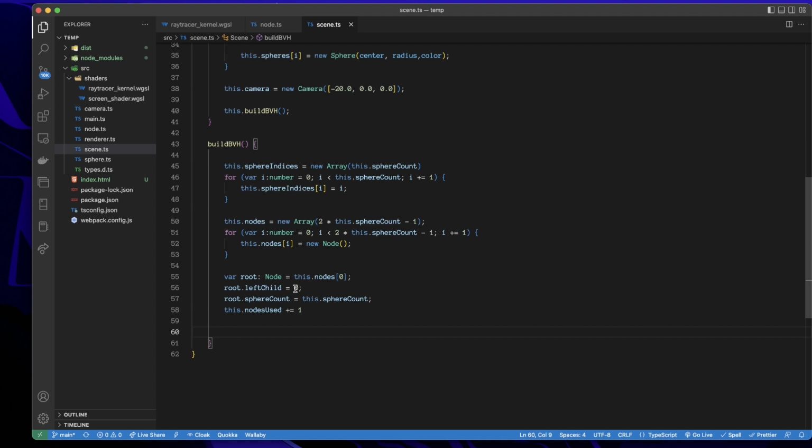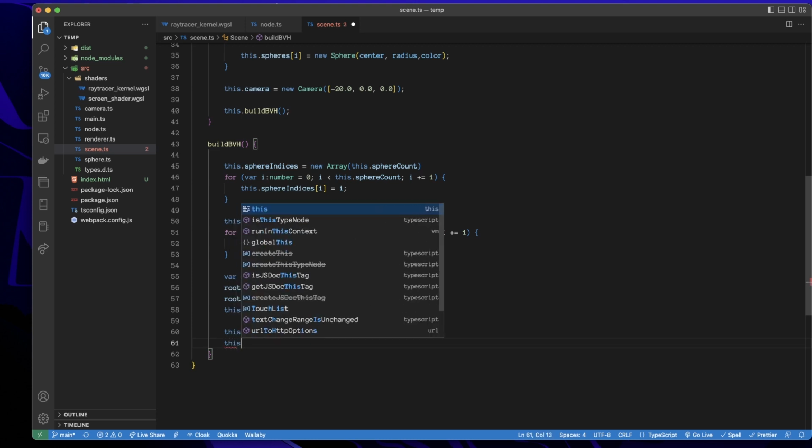So we start at sphere 0 and we hold all of them. So what I want to do is I'll write a function which updates the bounds. So I'll update the bounds on node 0. That will grow the node so that it tightly packs all of the spheres. And then what I'll do is